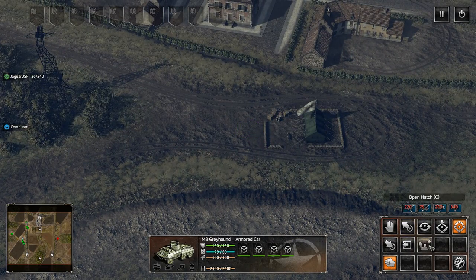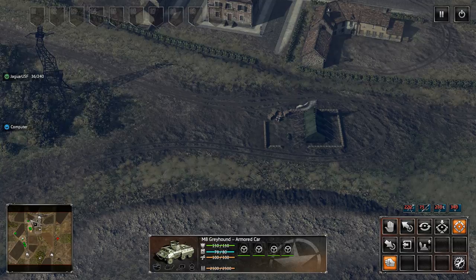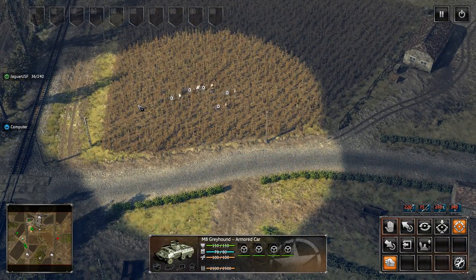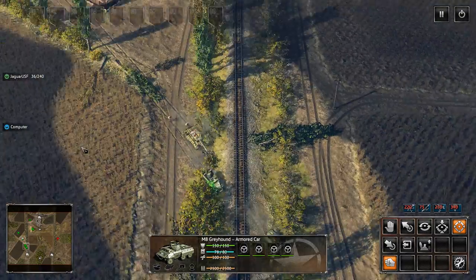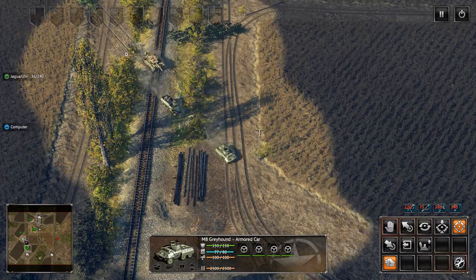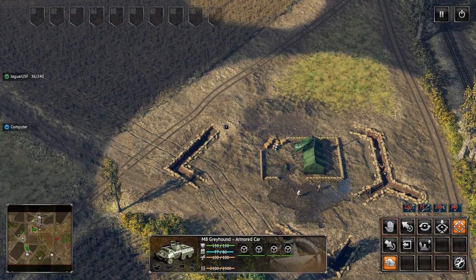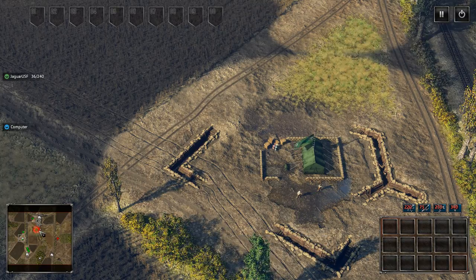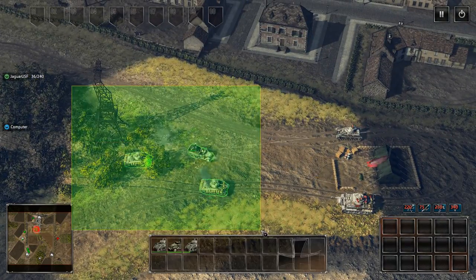You do have alternative commands and stuff for throwing grenades, opening the hatch, unloading stuff. So there are some options there. All right, we'll see how this goes. So very, oh, there we go. Here's the battle,